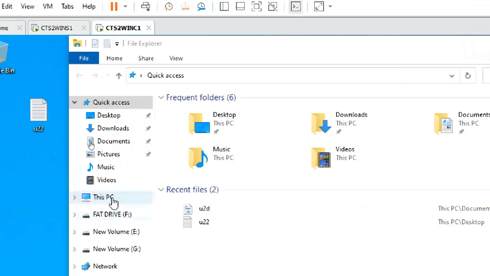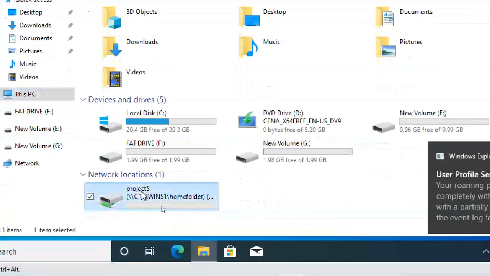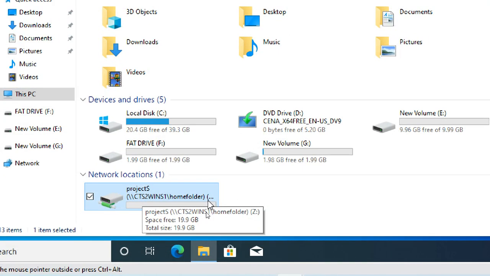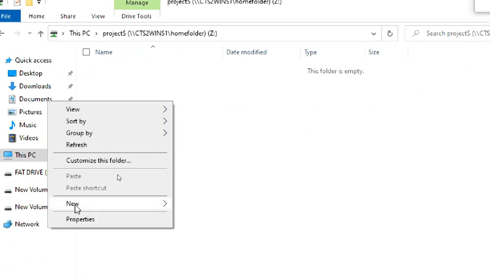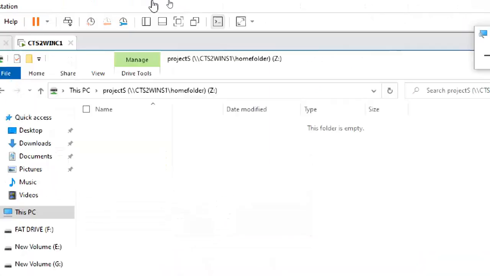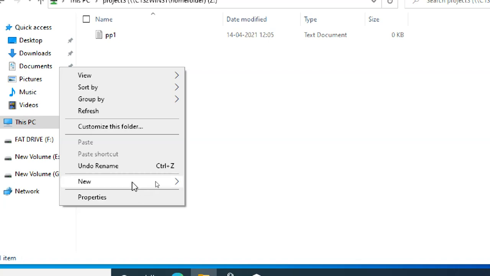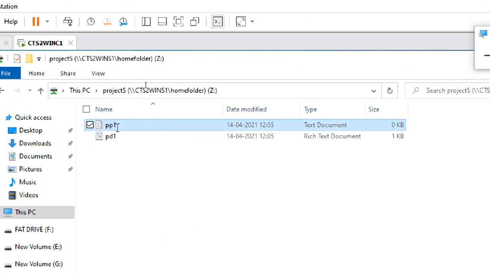Okay, so we'll look at this. Now we got a project S, and this is the main home folder, Z drive. Like this, you can open it and you can keep data also. I'm going to put some data, like documents, PP1.